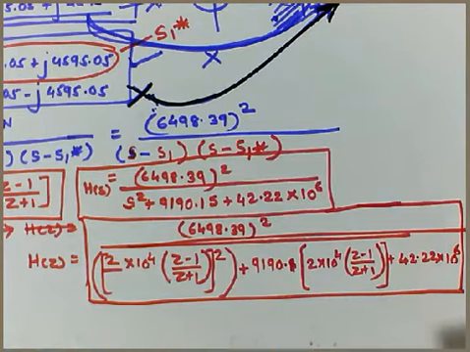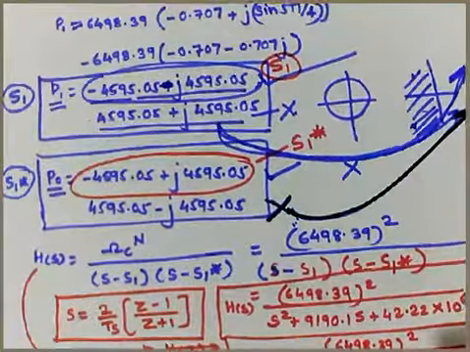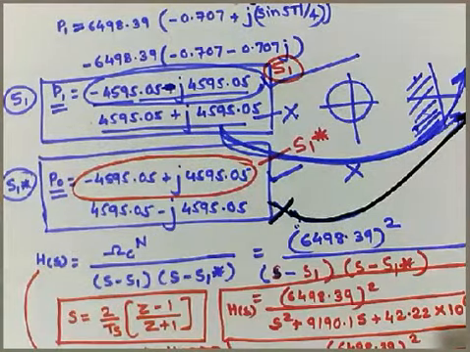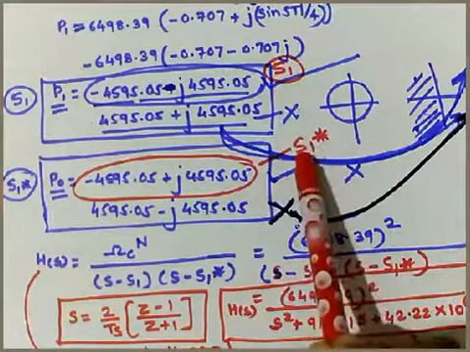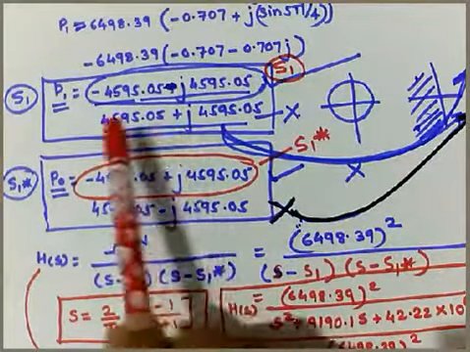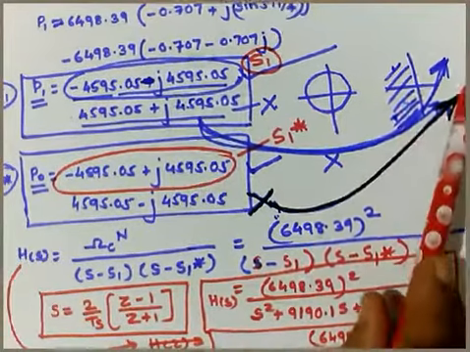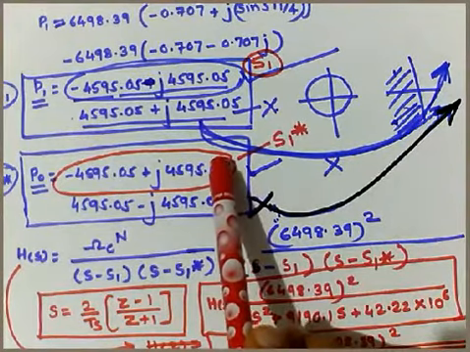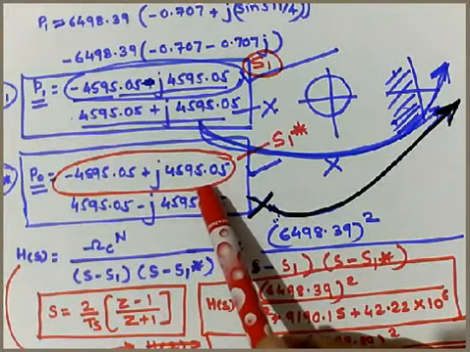filter approximation. But the point to be noted here is this particular concept, which poles we need to discard, that should be decided properly. So here we have selected S1 and S1 star. This pole is neglected because it is lying in the first quadrant, which is not at all suitable for a stable filter. For the stability of the filter, we already discussed it while studying the BLT method.